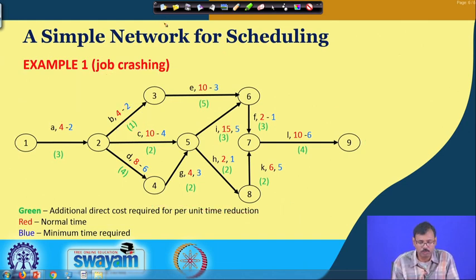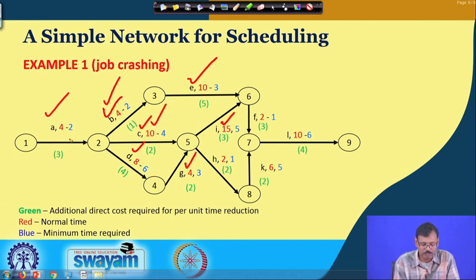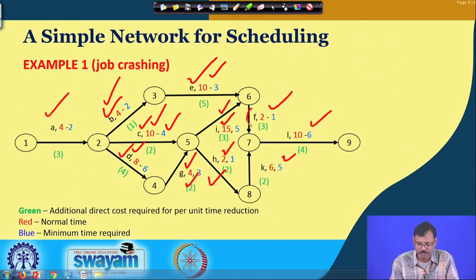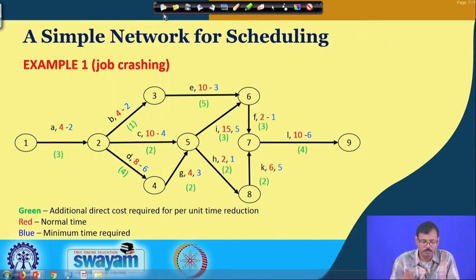So, the network is given. So, you know what the predecessors and successors are, like B, C and D have the predecessor job A, E has the predecessor job B, I has the predecessors C and G, D has the predecessor job A, G has the predecessor job D, F has the predecessors E and I, H has the predecessors C and G, K has the predecessor H, and L has the predecessors F and K. So, these job dependencies are given in the network. So, we have directly drawn the network, so that we can carry out the calculation as per our requirement.